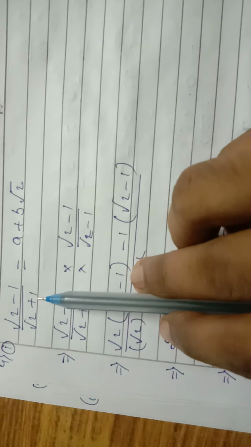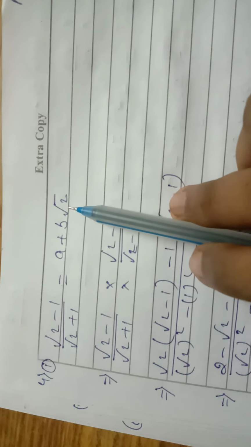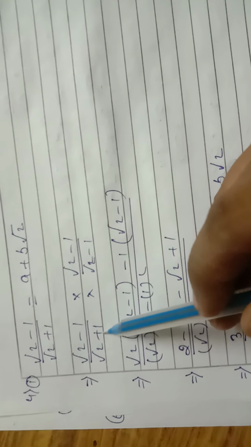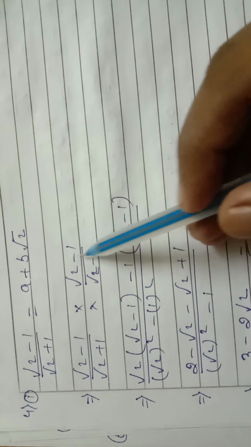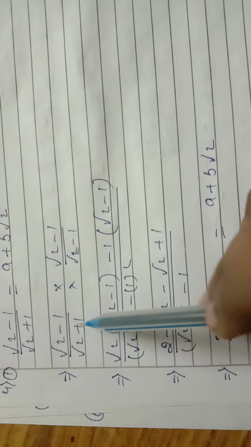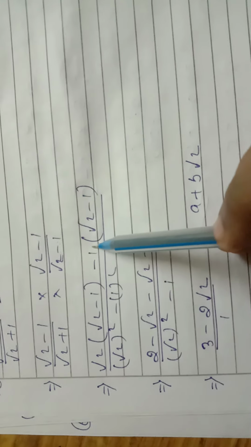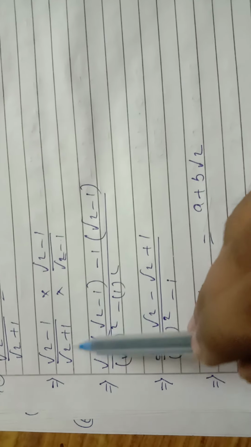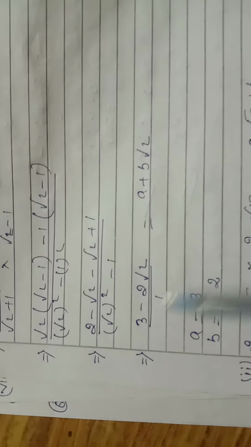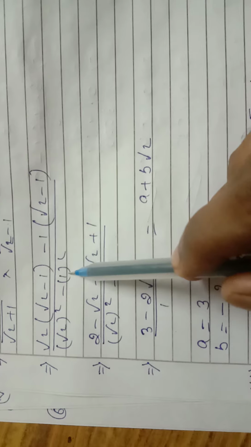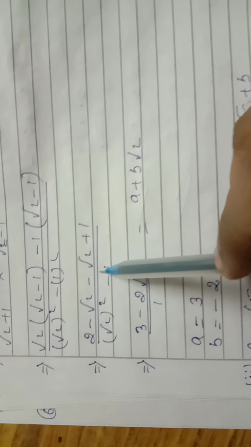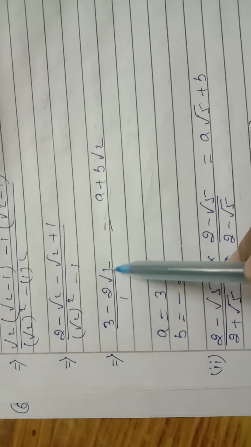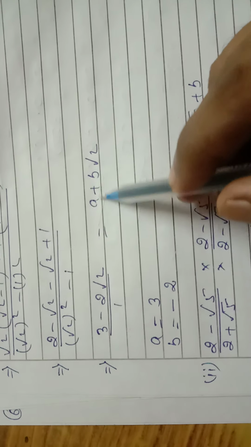See here, root 2 minus 1, root 2 plus 1. We have to find it in the form a plus b root 2. Again, here plus is there, so multiply by minus. Both of them, if you multiply the same numbers, these two we multiply by both of them, and this one we multiply by both the numbers. Here we use the formula (a plus b)(a minus b) equals a square minus b square. Root 2 into root 2 gives 2, and 2 into 1, same as we did earlier. We got the answer 3 minus 2 root 2, and it was asked as a plus b.